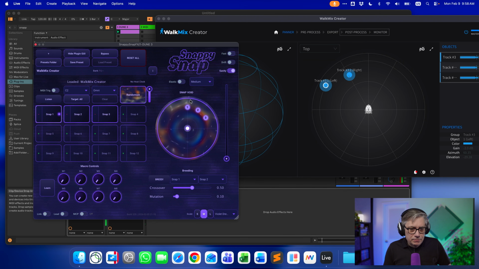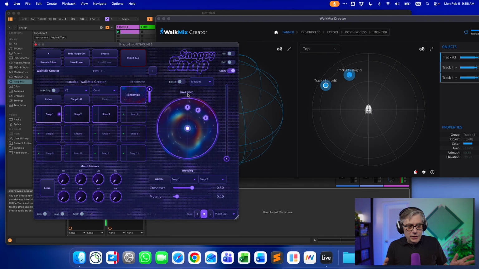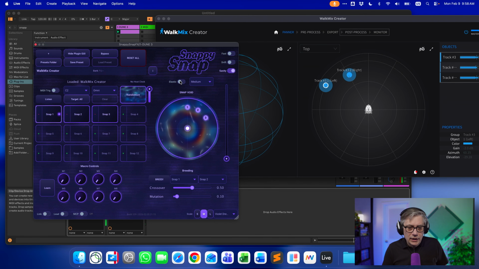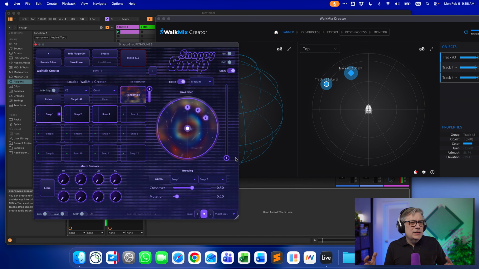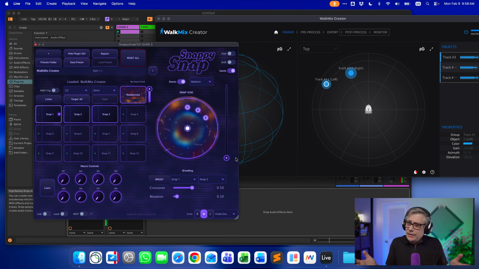I have the possibility to give it a little bit of elasticity, which means that if I have, for example, a very jerky kind of automation, it will actually smooth that out. So if I turn on elastic here, it will have a little bit of elasticity, so that you are not really required to have a very accurate automation lane.